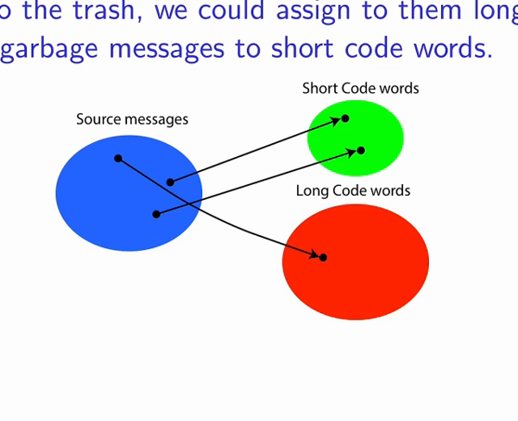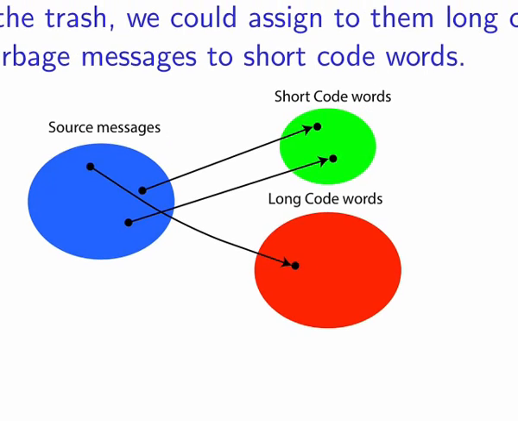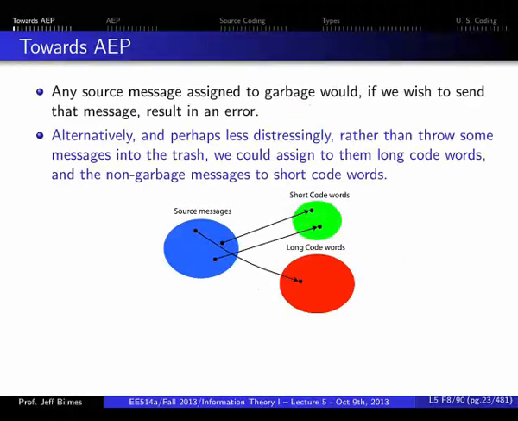You know. So then you can say, all right. Well, what I'm going to do is these source messages that ended up going in error in the previous case are just going to go to long code words. So these very, very improbable ones are going to go to long code words. The probable ones are going to go to short code words, and there we're going to get essentially the same rate. That's not going to be any better. We're going to see the same thing, that the entropy is the lower bound. This is what I mean by less distressingly: if you're distressed about incurring an error, we can do this. And we're going to analyze both cases.